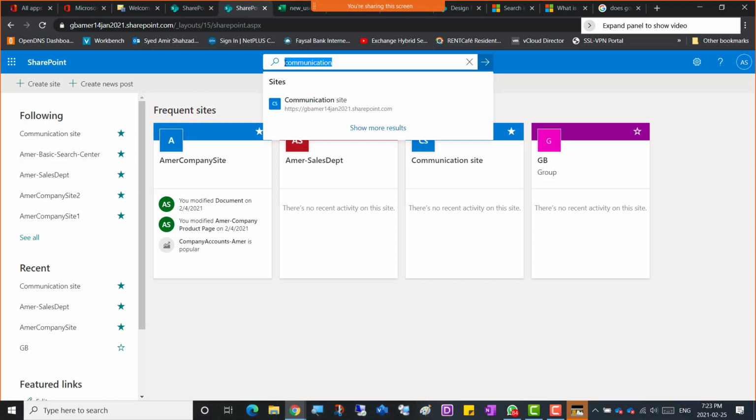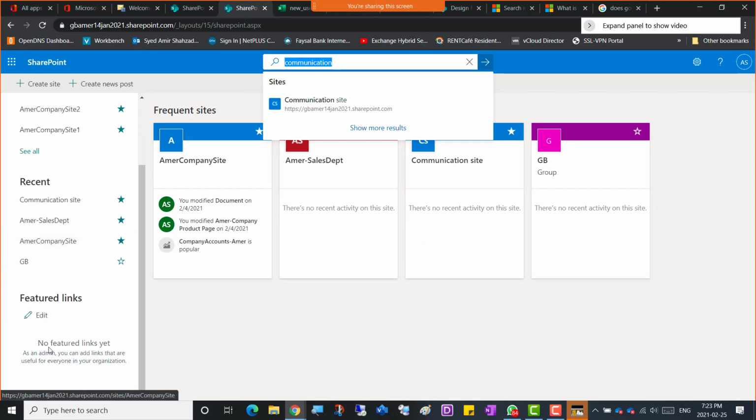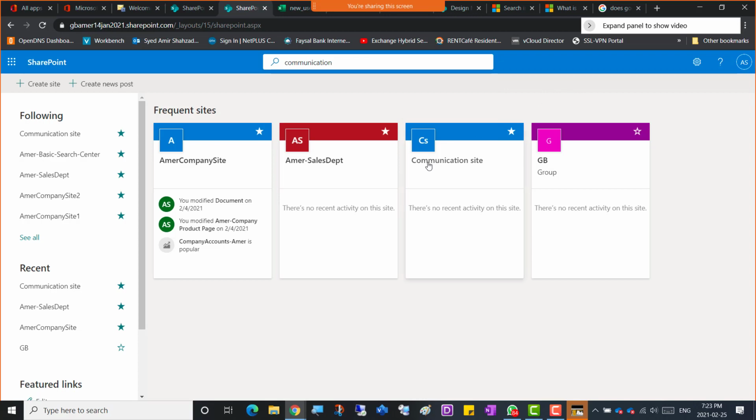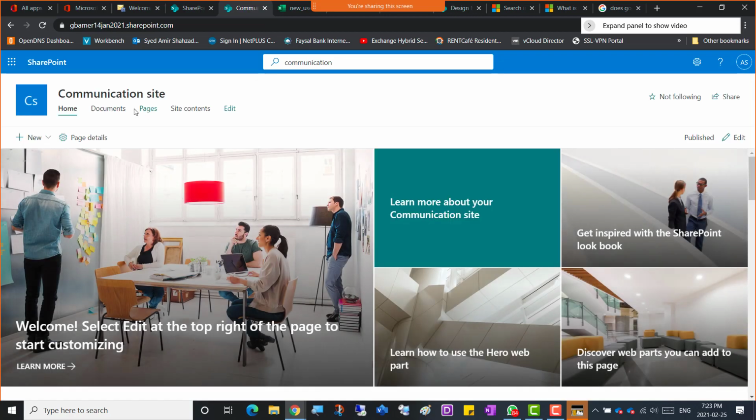Oh, you don't have it listed anyways. Oh, okay. Yeah, by default it's supposed to be there, but it doesn't appear here for some reason. And recent, if I go to featured links, no, it's not here. So yeah. Alright guys, so once you see that, then I'm going to click that communication site here, and then